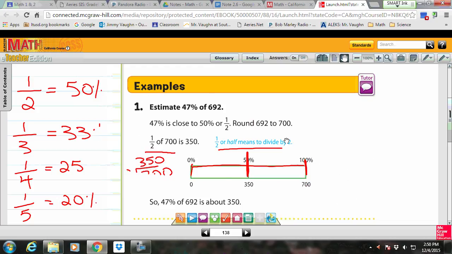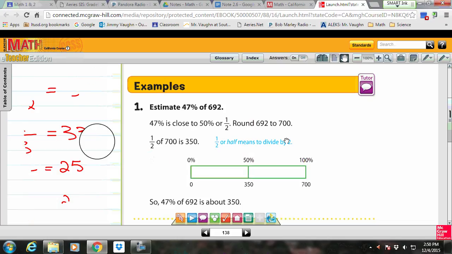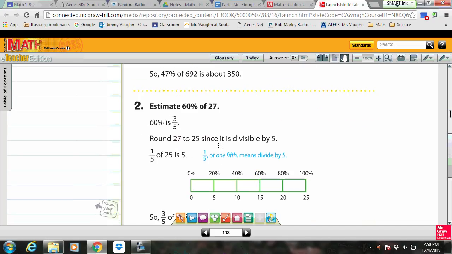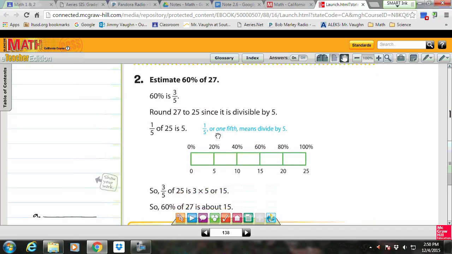Get rid of some of this stuff here and go down a little bit. So this is a good example to use also. So I will do that. Estimate 60% of 27. Now, 60%, you could take it down to 50% and do that, and that would get you pretty close. But what they want you to do is